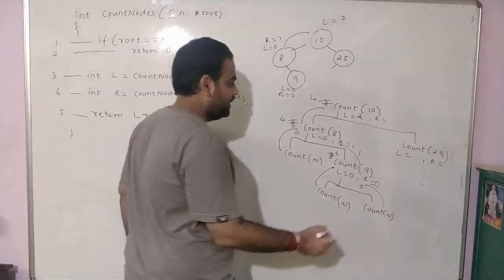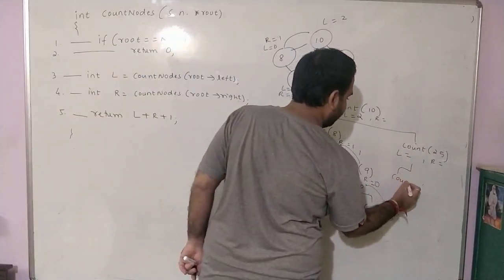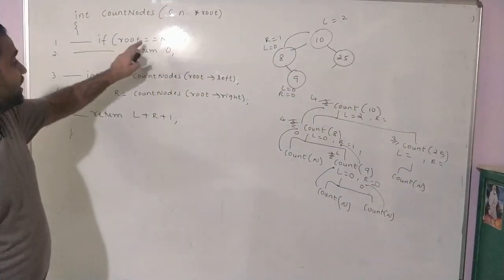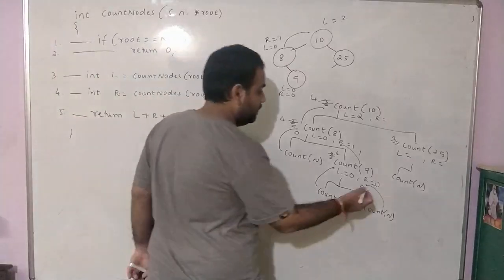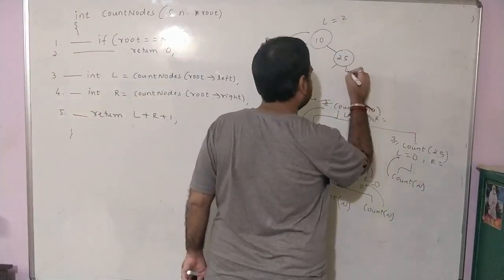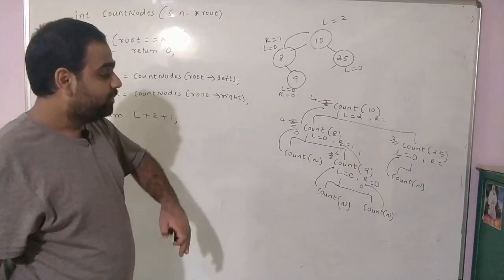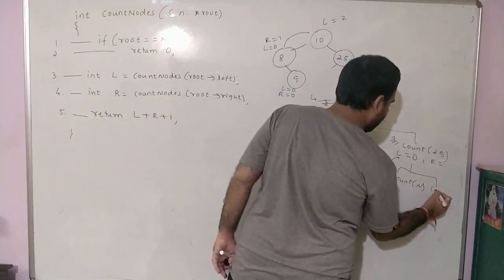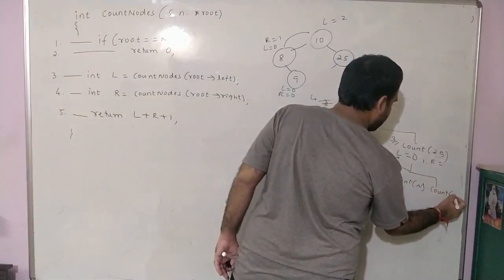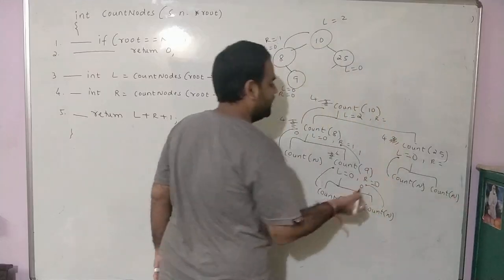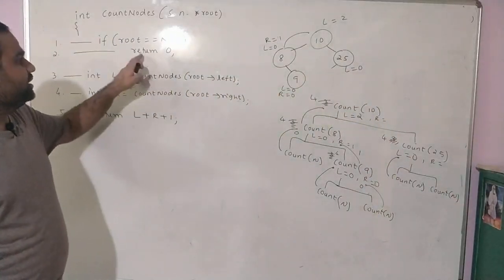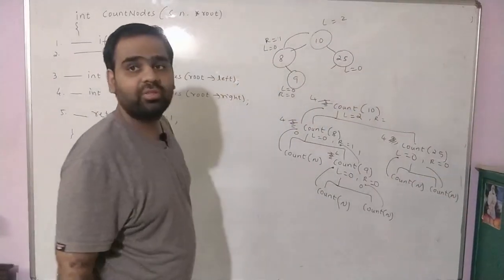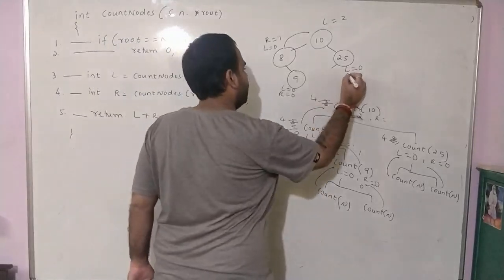No, you execute line number 3 and you say count nodes of 25 arrow left is null, and the return line number is 3. Is null equal null? Yes, you return 0. That means the number of nodes with respect to LHS of 25 are 0. Now you execute on the RHS side of it. Therefore, again we call count nodes of 25 arrow right. And what is 25 arrow right? It is null, and you say null equal null is true, and you return 0 to line number 4, and it says the number of nodes with respect to RHS of 25 are also 0.